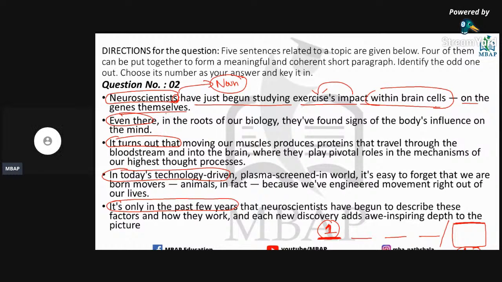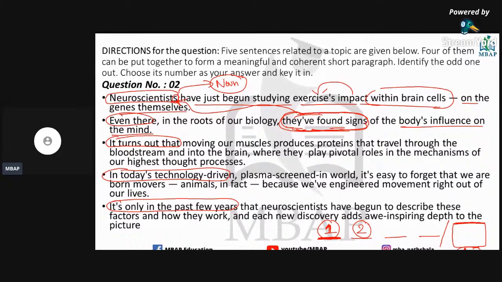Okay, next, when we move ahead, we realize that in the second sentence, even there in the roots of our biology, they have found signs of the body's influence on the mind. And who are they? They have found signs. So this sentence also indicates neuroscientists, correct? So my immediately following sentence in this case would be two, correct? So two follows one, right? Two follows one. Why? Because